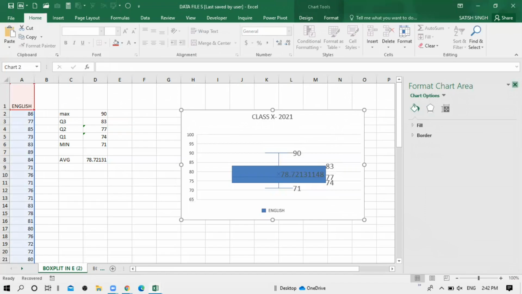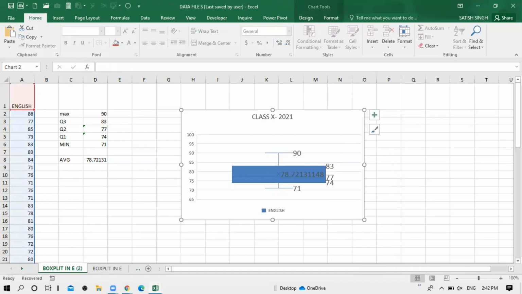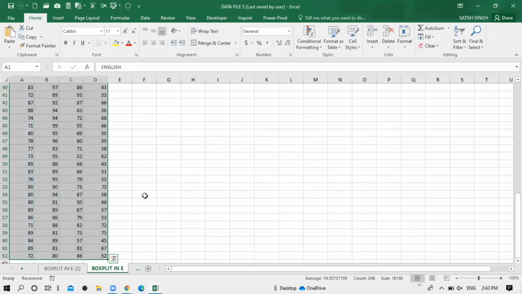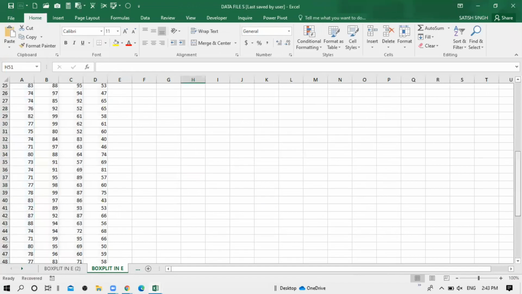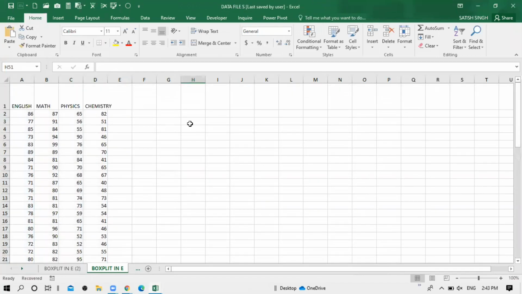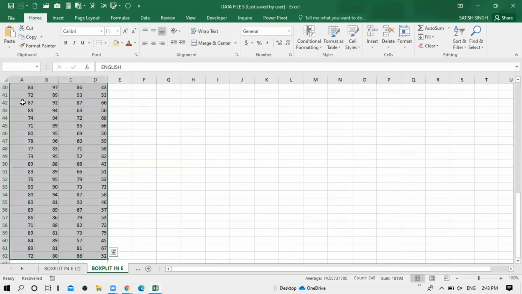And if we have more than one data set, what will we do? The procedure is quite simple. Now let's move on to another sheet. And here this time, in very few steps, you can see now we have marks for 4 different, it can be 4 different products, or it can be for the performance of 4 different people.